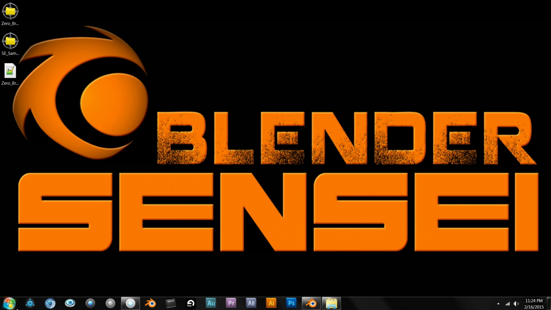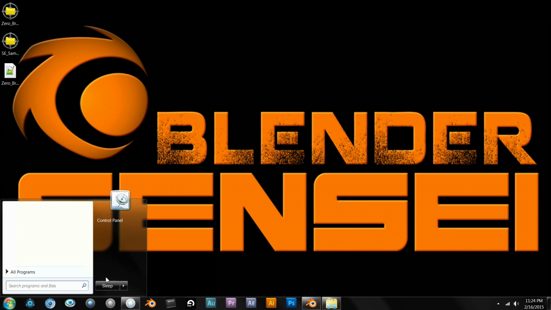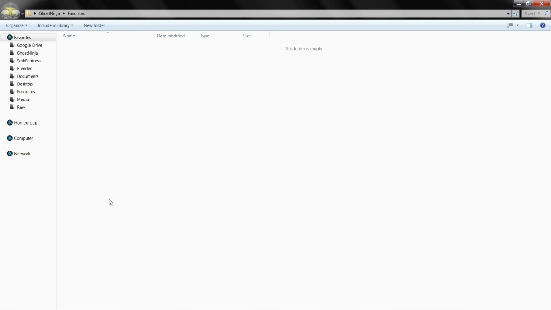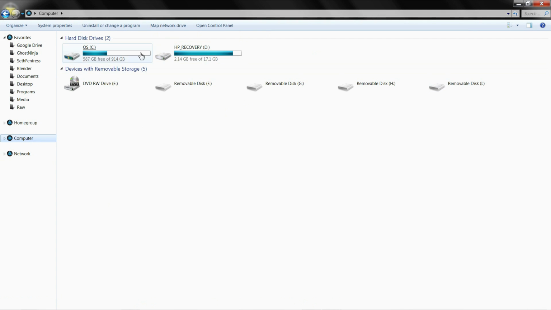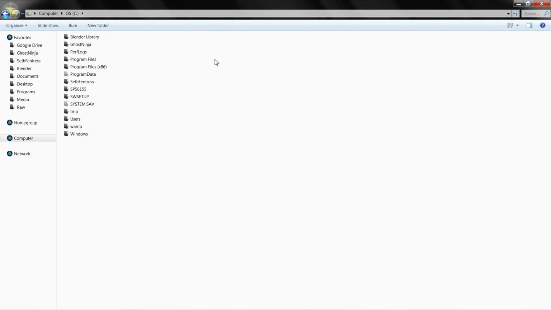What you're going to want to do is find the My Computer or whatever the icon is on your machine that gets you to where your hard drives are. Mine's actually docked to my taskbar here. So basically you just want to get to here. However you get there, great. So I'm going to click on my C hard drive, and then here's the Blender library folder we created